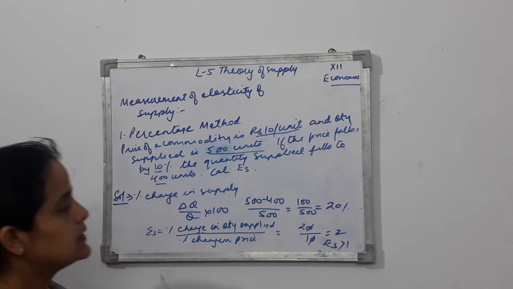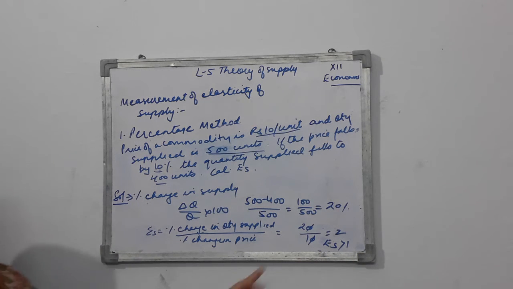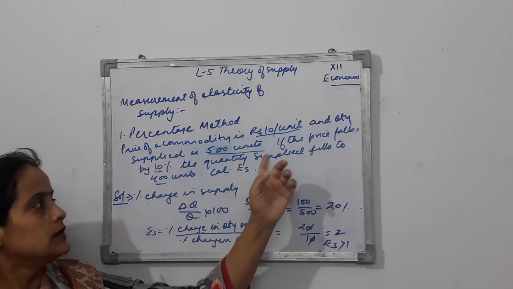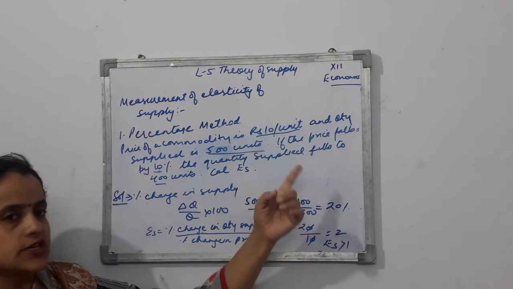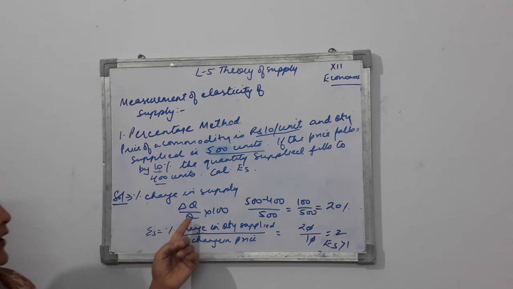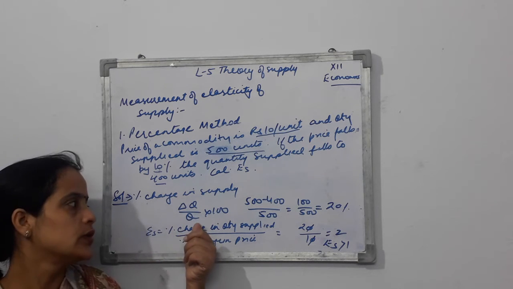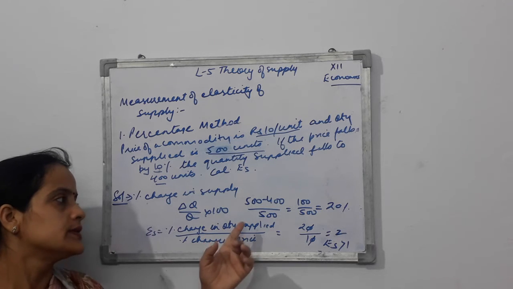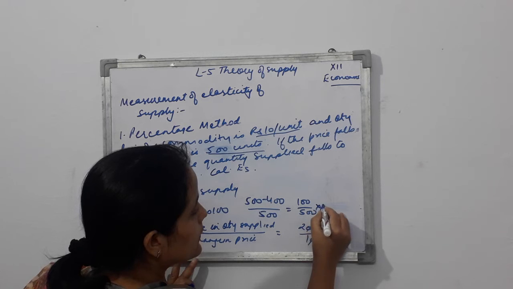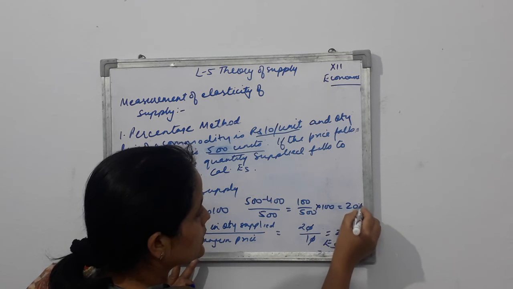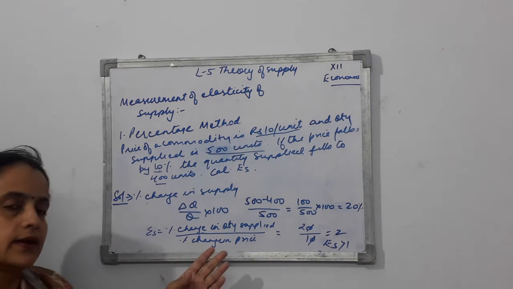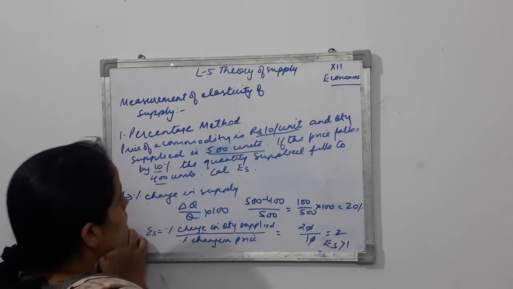That is, it is elastic supply. So you can see in this case we were provided with the percentage change in price, so it was very easy. We found the percentage change in supply by using delta Q upon Q, that is change in quantity upon original quantity into 100, which gives you 20%. So don't get confused. Got it? This is how you are going to get many numericals. You can solve them. Let's move forward now.